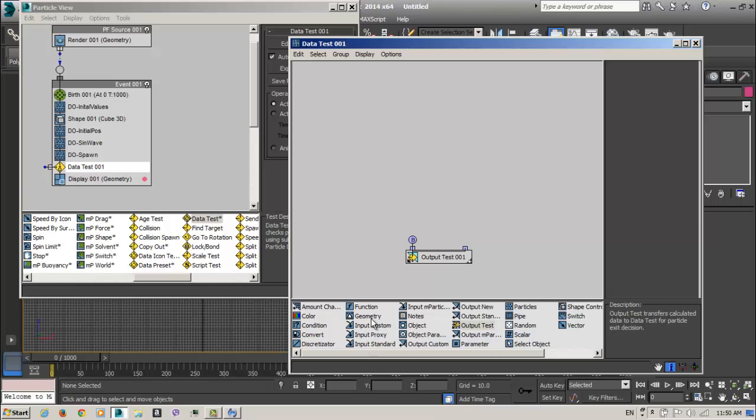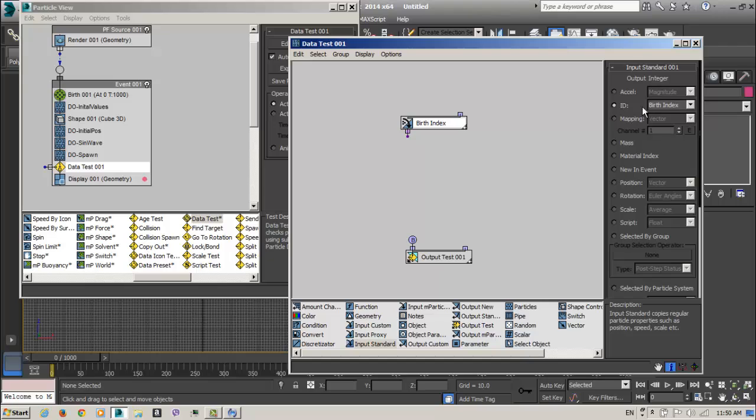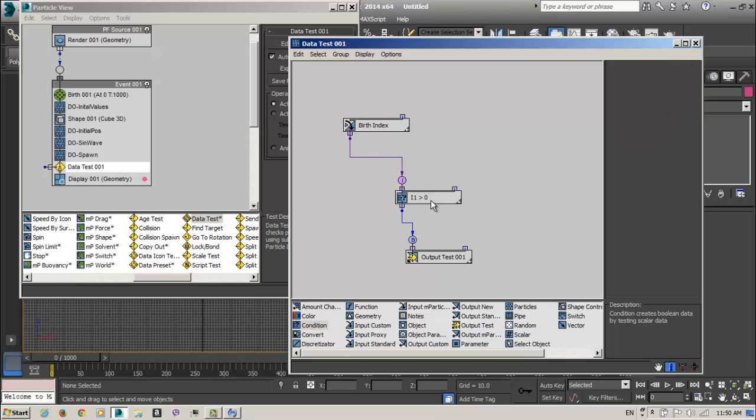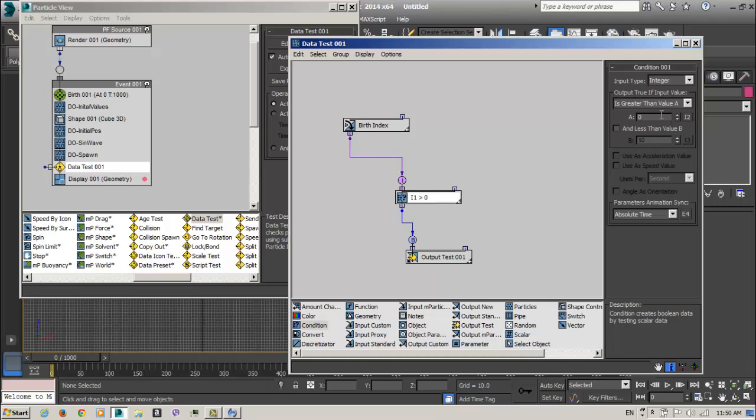if input standard, if the IDs, if the birth index is greater than 1000.